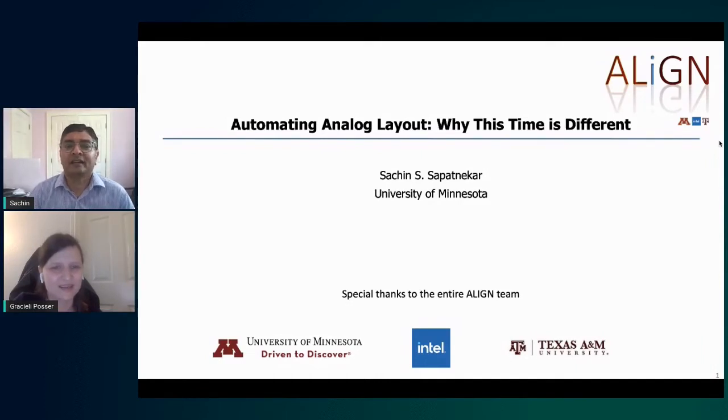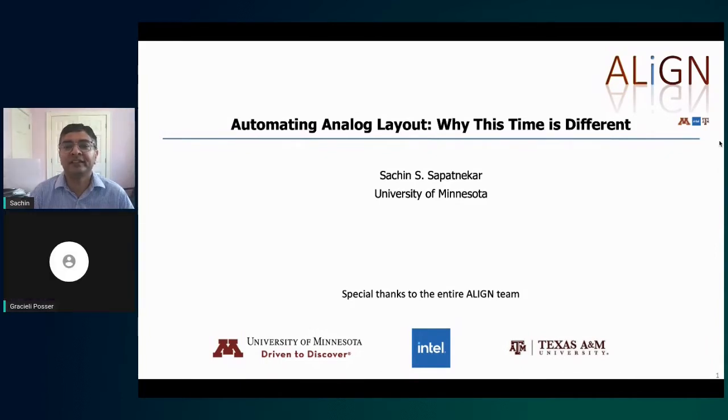Today, I'm going to be talking about a new research direction that we've been following in my group for the last couple or 3 years. We've been looking at automating layout for analog circuits. Now, this is a problem that has been around for a long time, maybe about 30 years or so. People have been working on it, but there hasn't really been much of a dent in the problem. There hasn't been much widespread adoption in industry. And we are trying to change that.